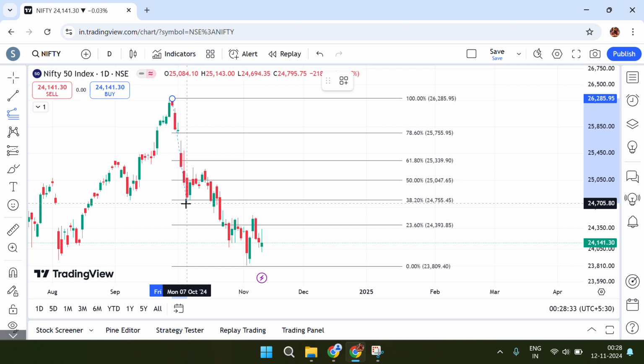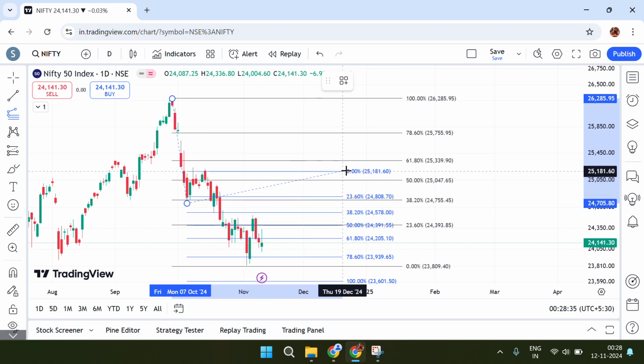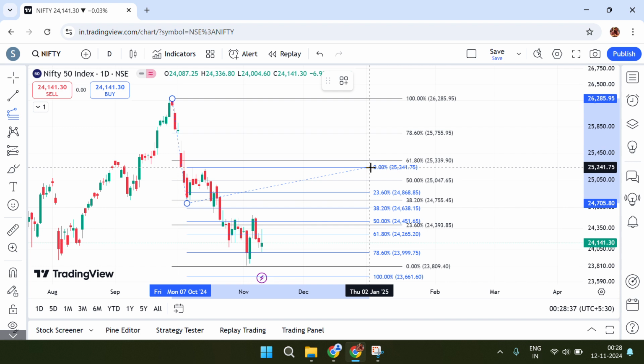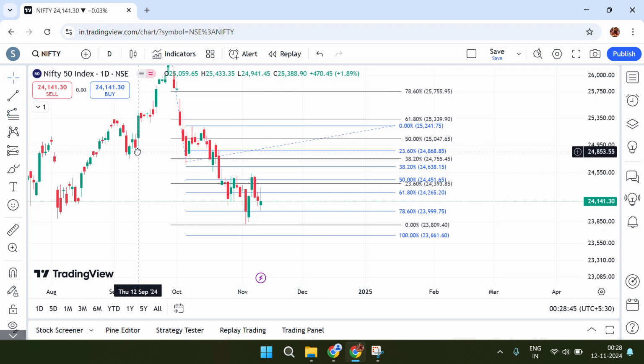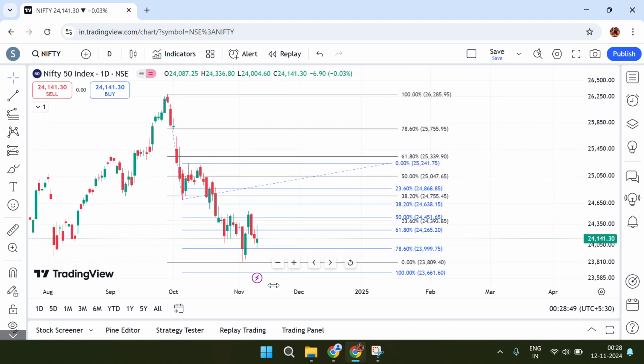I'm not saying that this is the correct thing. I'm just putting this retracement to explain certain things regarding this. Now when I put an extension here,